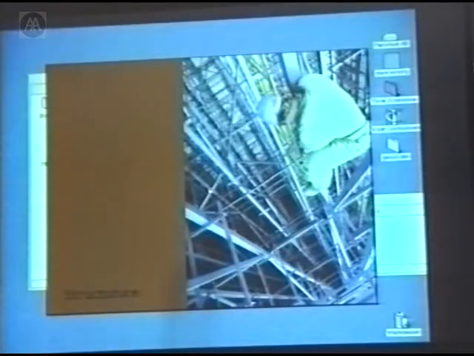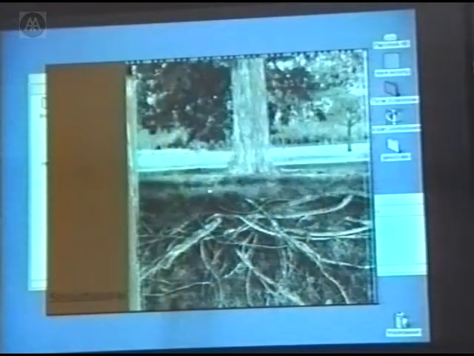Whereas, as designers, I think we're very used to working with structures, with certain types of forms, certain types of shapes. They influence the way we work, and therefore the way that design appears. Here's another good one. I love this one, actually. It's great. You can actually see the root system.